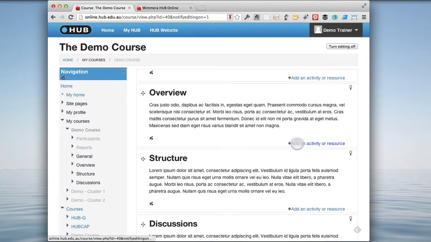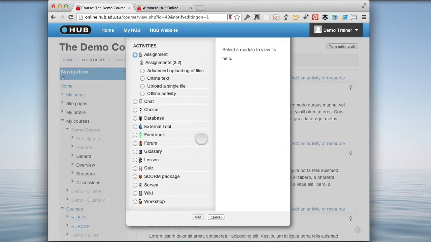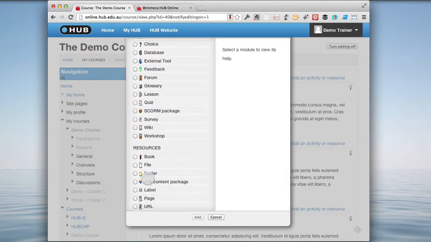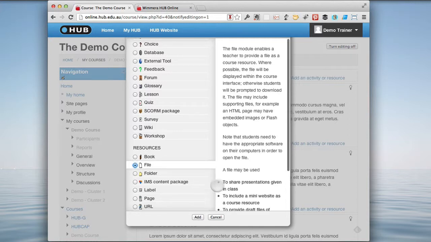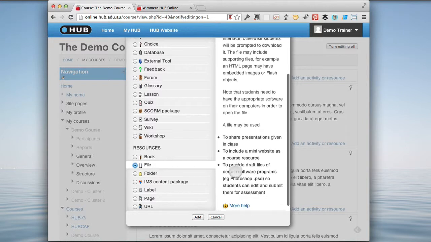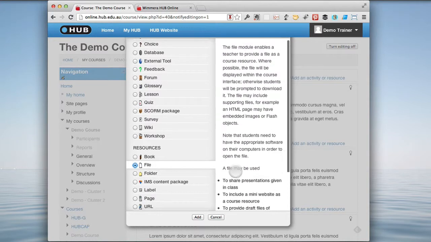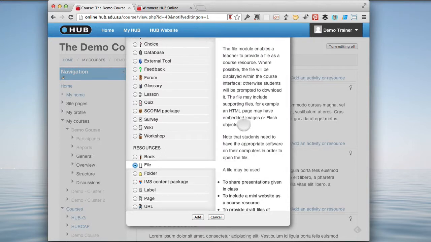I'm going to go over here and click on the Add an Activity or Resource link. And now I will get a list with activities, and if I scroll down, a list with resources. The ones we are most likely going to use are the file options, label, page, and URL. To just get us started, I'm going to get us to upload a file. So I'm going to go to File, and if I click on File, you will see that we now have a description of what that resource